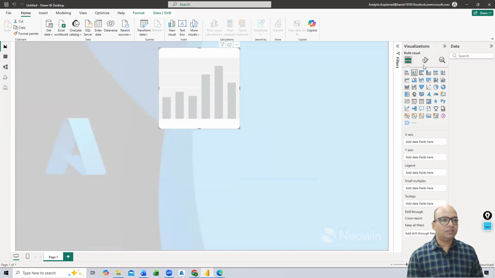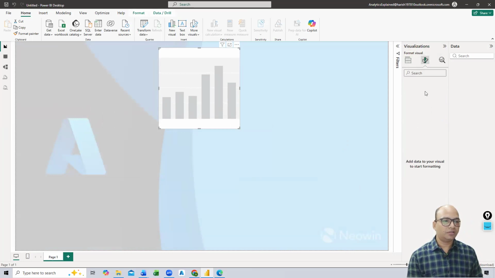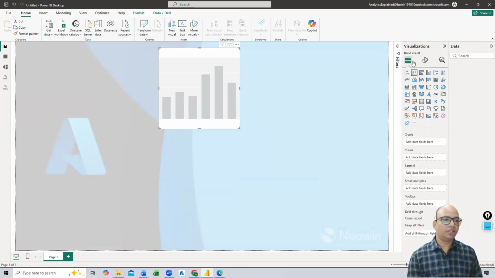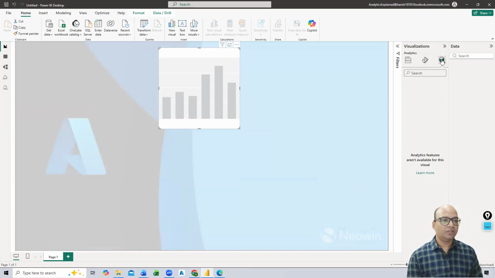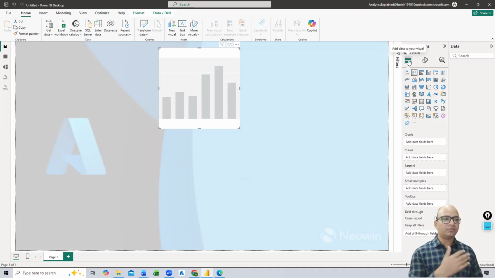now you will see that the format has changed for the visual. So you will see different options for the visual format, and then you also have something called lens that will actually add the average or a line. Sometimes when we are creating a line chart, we want to show the average line, so you can go here and add those additional things. We will see further. Yeah, and we have these columns, and here at the bottom we have the drill through